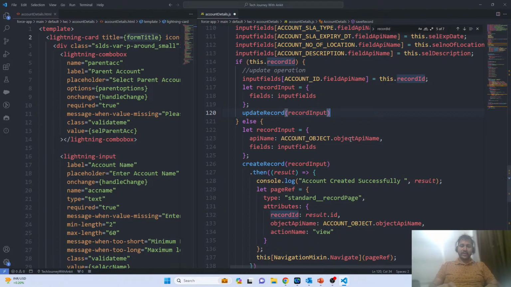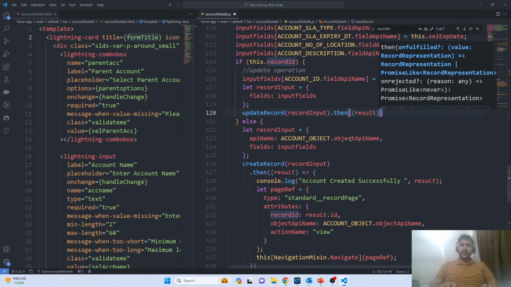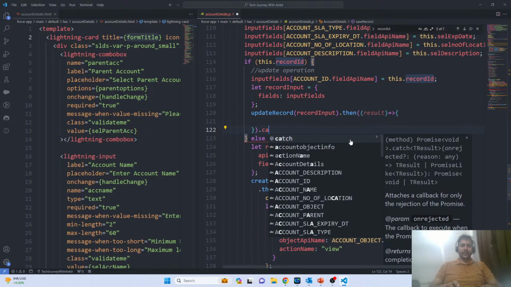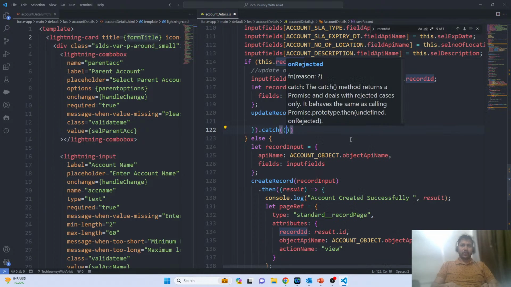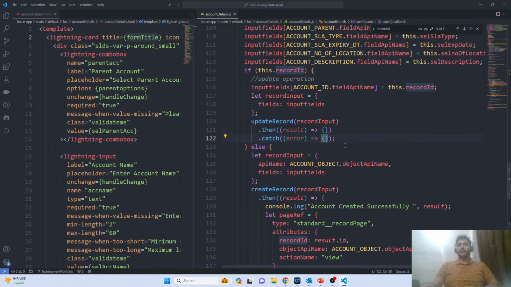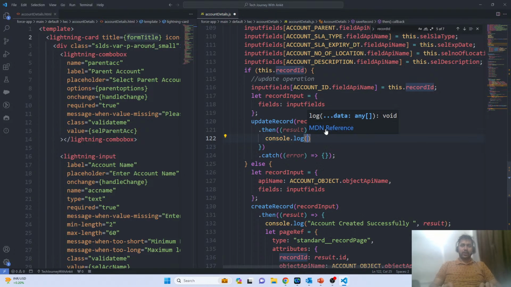Again, this will also return me the promise. So again, promise result, right? In case of successful, the then part will execute, and in case of error, the catch block will execute. So here I go and put the error. Right? Now let's go and log this message first here,